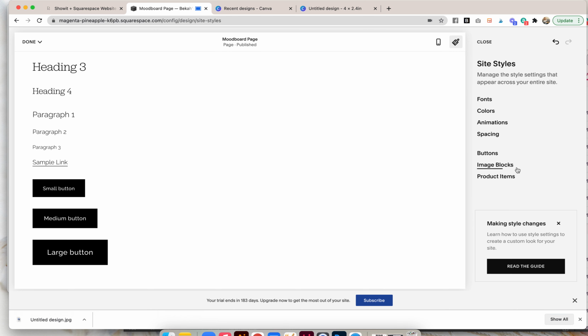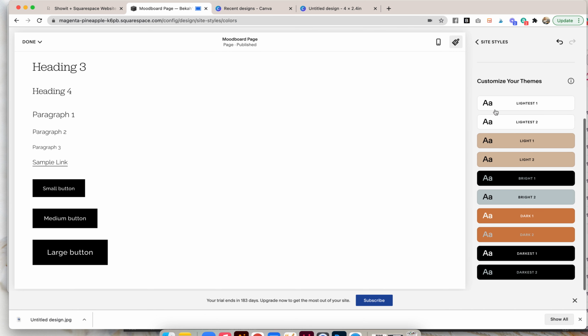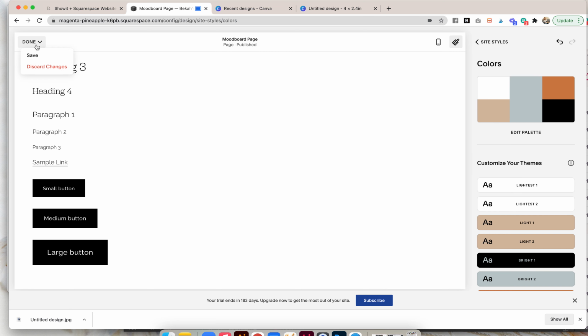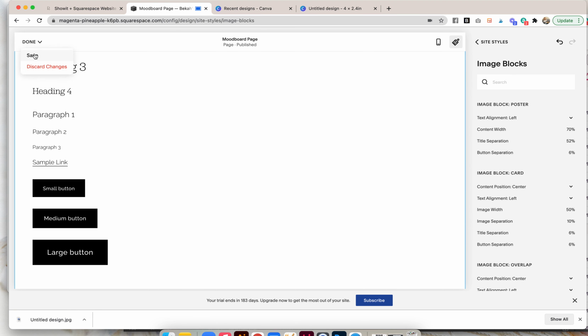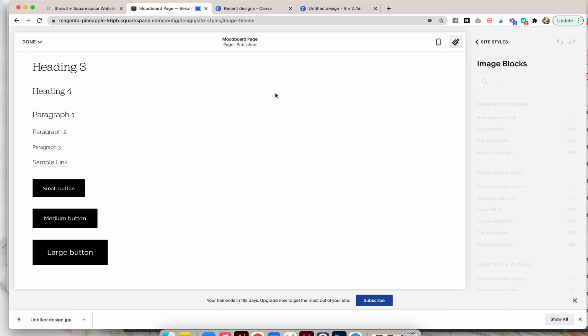Okay, so that is where I'm going to change. Remember how that image block was super funky? Yeah, I want to change that. Okay, let's go to that image block again. I need to see it. I can't make these changes without seeing it.